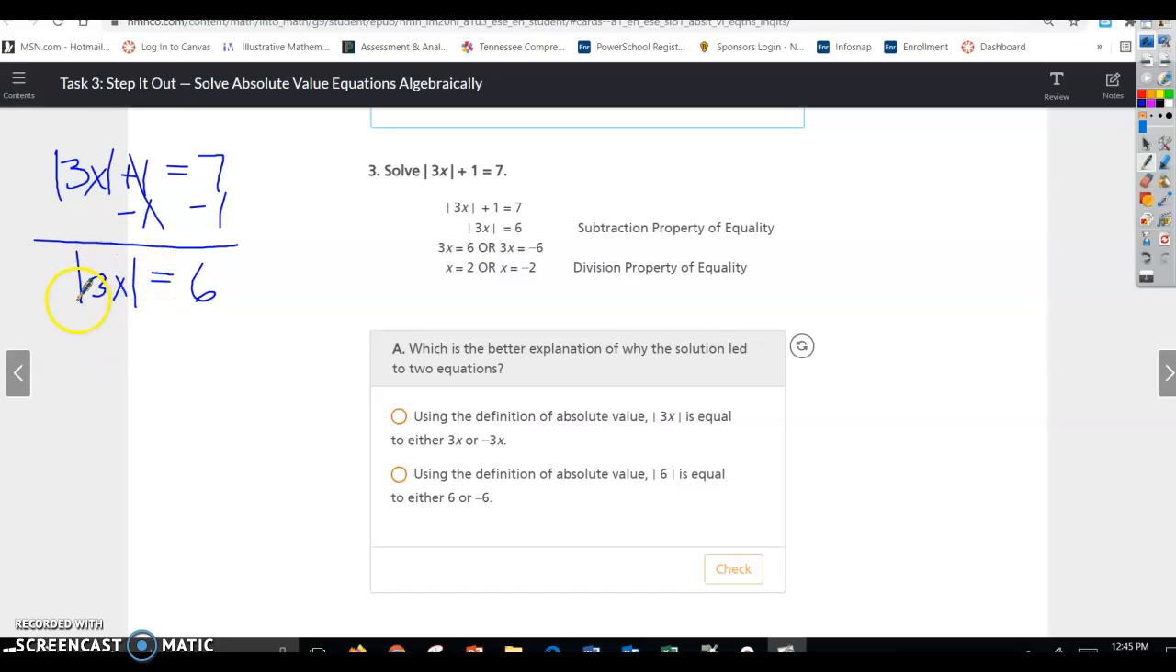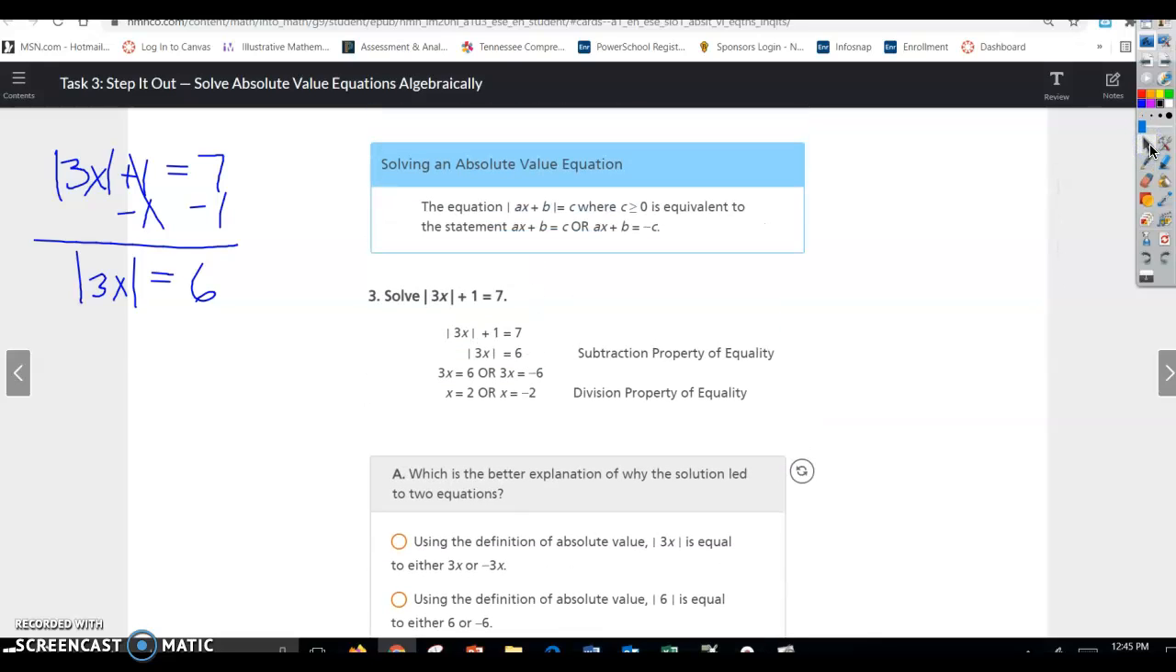Now that this is isolated, now we can set it up as two equations per the definition here. Okay? So we're going to set it up as ax plus b equals c and ax plus b equals negative c. So basically we're going to have the positive side, 3x equals 6. And we're going to have 3x equals negative 6. Because the variable could be positive or negative. We don't know. Okay? And absolute value changes everything to a positive, because absolute value is distance from 0, and a distance has to be